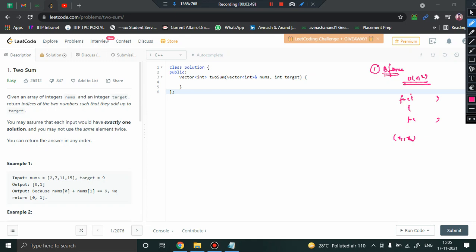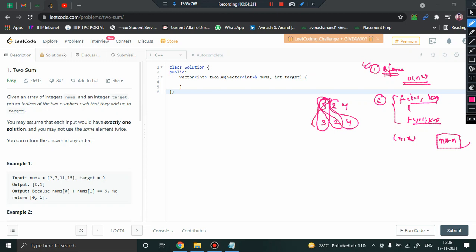If I run i from 1 till i less than or equal to n, and I also run j from 1 to j less than or equal to n, means all the numbers from 1 to n and all the numbers from 1 to n, you will get n into n combinations. Getting the point? Supposing you have an array of 3, 2, 4 and I need a sum of 6, according to the brute force approach, the possible combinations you will go through in this loop are: 3 with 3, then 3 with 2, then 3 with 4.